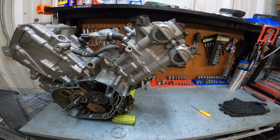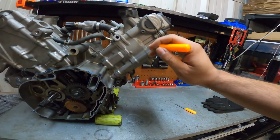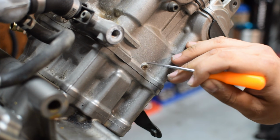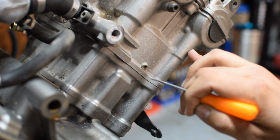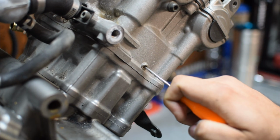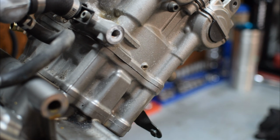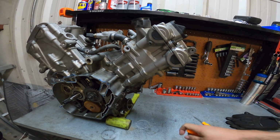What we're going to do is pick out all of the little crud that's around the edges on here. You'd probably need to use this before using a pipe cleaner, but look at all that. All right, so once you have all that crud removed from the drain hole and it looks nice and clear like that,